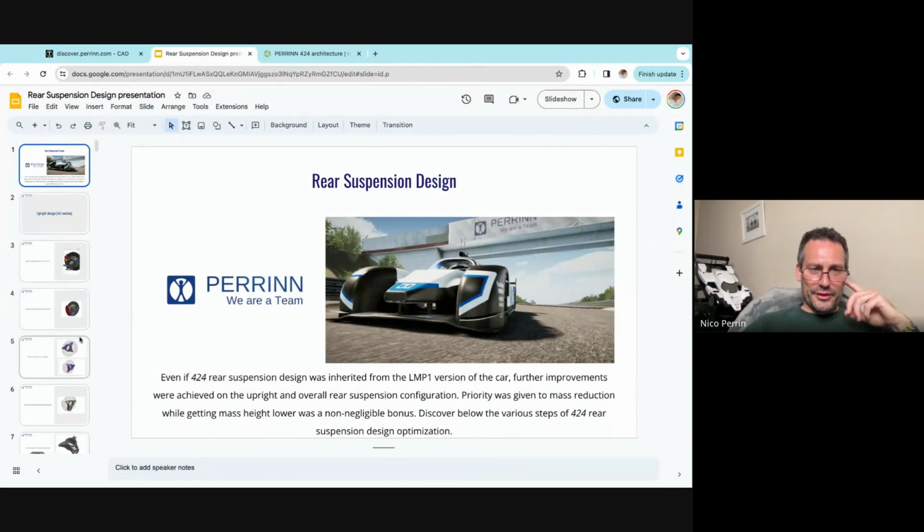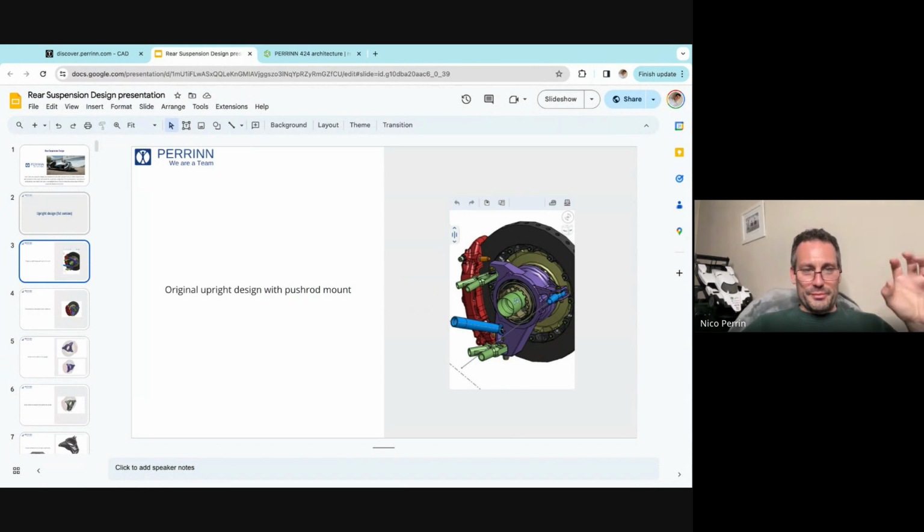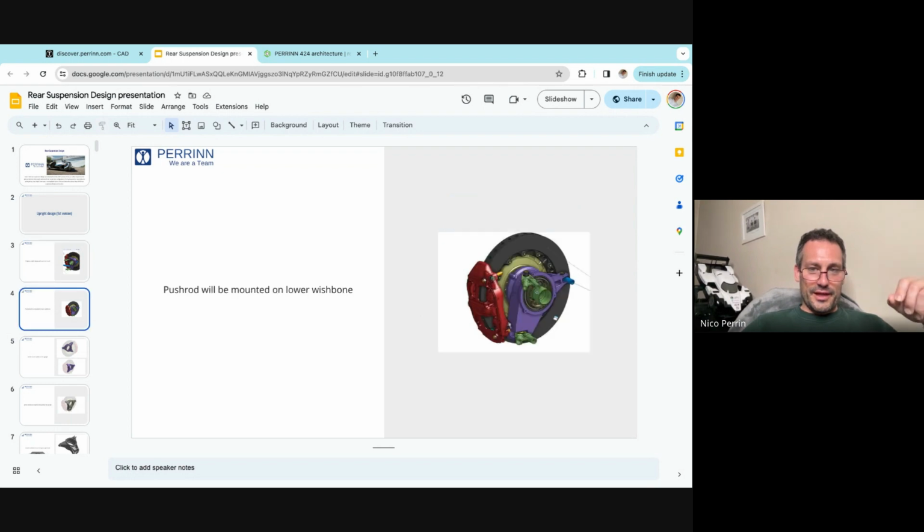this has got more than 100 pages, I think. You're going to be able to see how models have evolved. This was the suspension we had for the LMP1 back 10 years ago. That was done by a designer called Antoine, and it was our starting point. We were ready to build this if we had sold the car at the time. But it's quite different to the models we have now. So we started from there